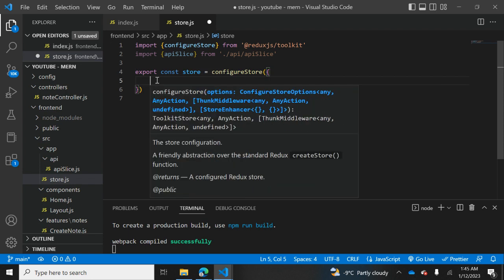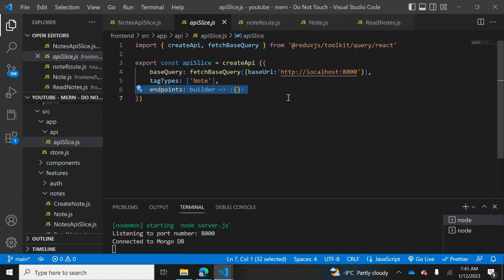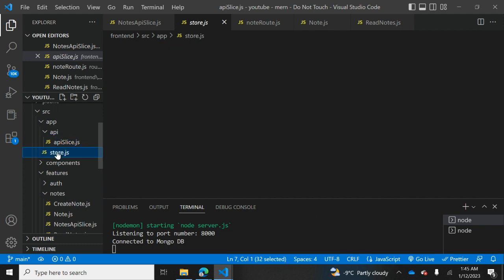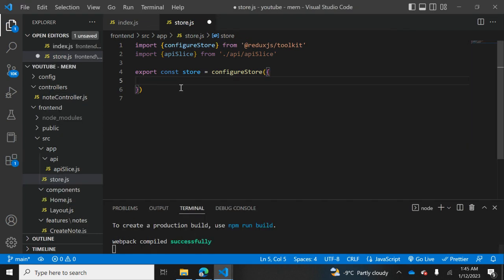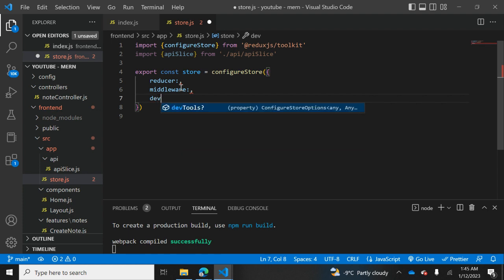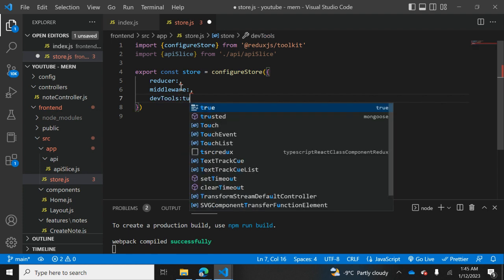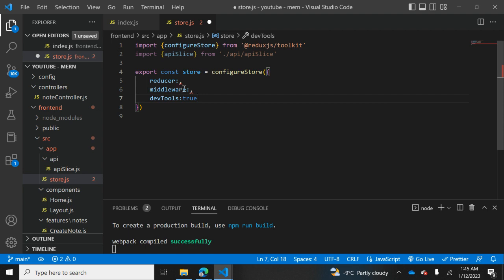Once again, we have three things inside this object. Okay, so as you can see, it has reducer, it has middleware, and it has dev tools. We're going to make it true in dev tools, and inside reducer